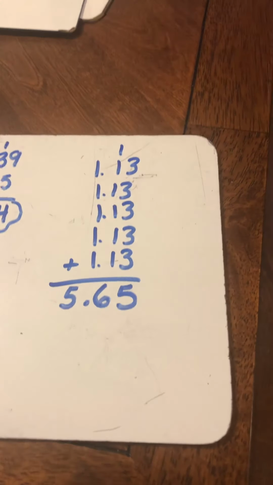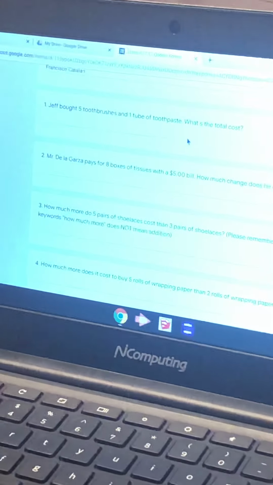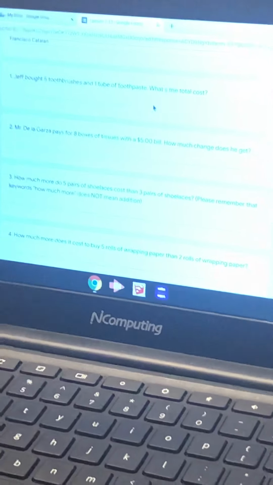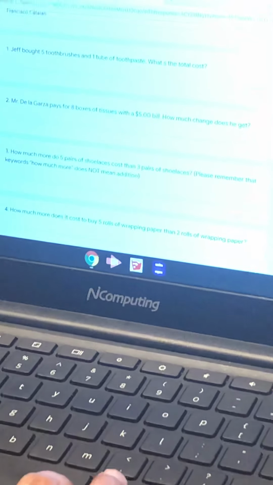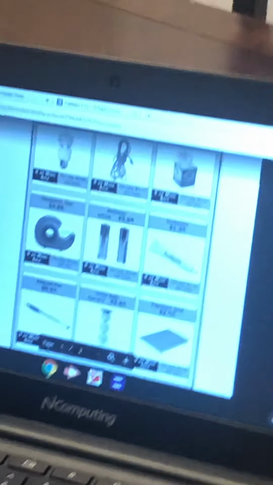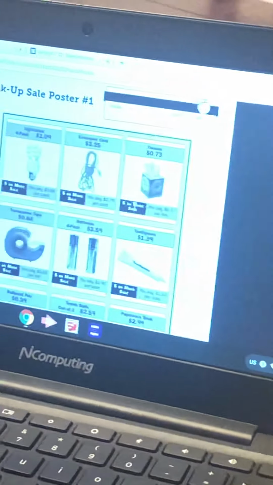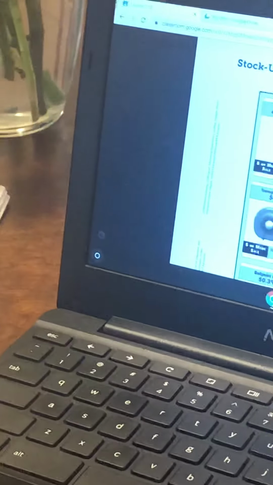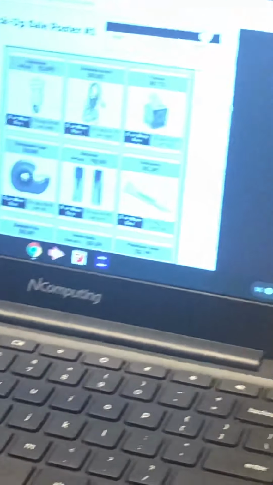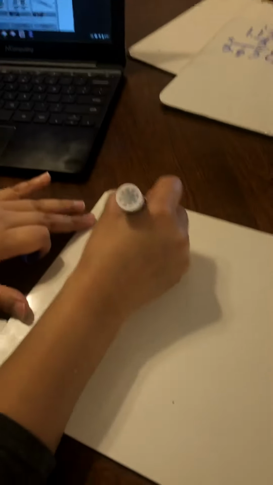Question number 2. Mr. De La Garza pays for 8 boxes of tissues with a $5 bill. So how much change will he get? Okay, so let's go back and look at the boxes of tissues. Now, he bought 8 boxes of tissues. And if you buy 5 or more boxes of tissues, your price is going to be 57 cents for each box. So you could add 57 cents 8 times,